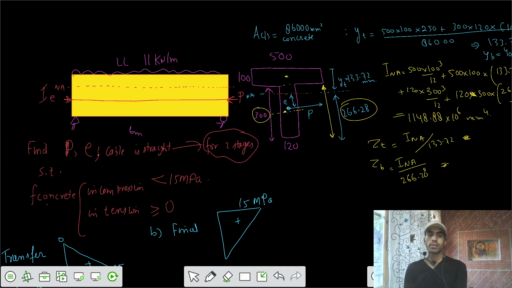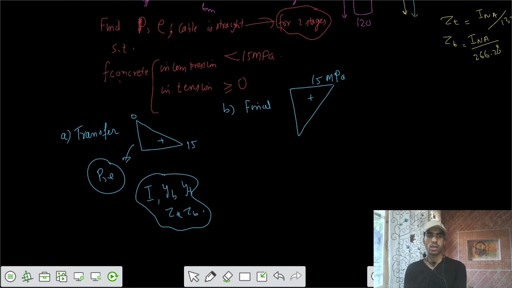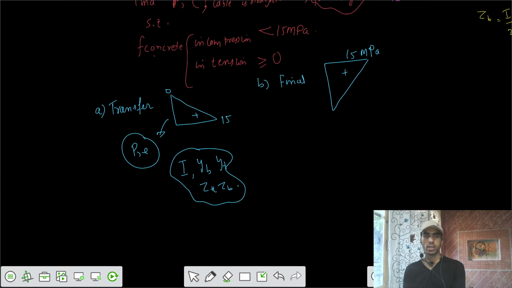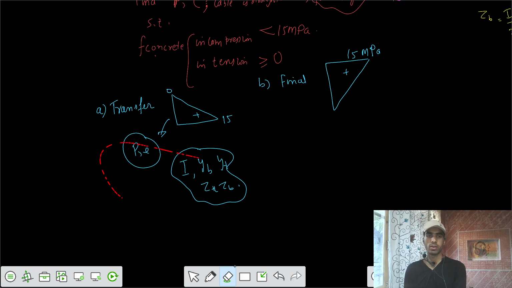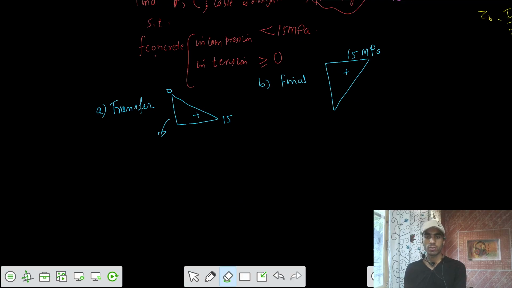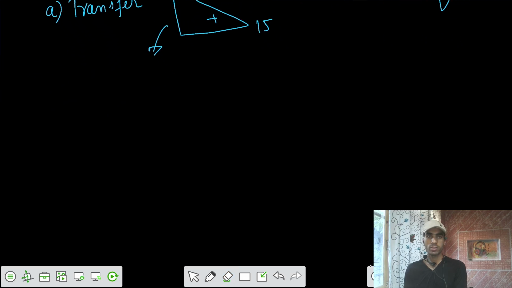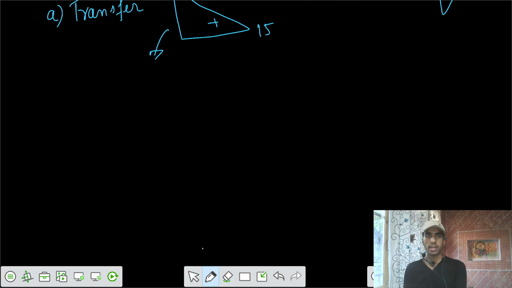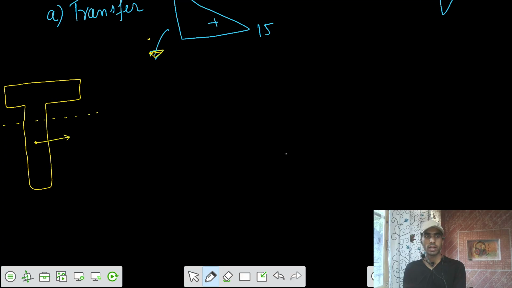So we have to get the value of P and E such that your stresses, your diagrams are in this way, based on the criteria we have. So let's try to calculate for the first case. Our resultant diagram should be triangular such that at the top we have 0 and at the bottom we have 15. So you had this T section beam, the neutral axis is here, your load is applied somewhere here at P naught, there's some eccentricity of E,